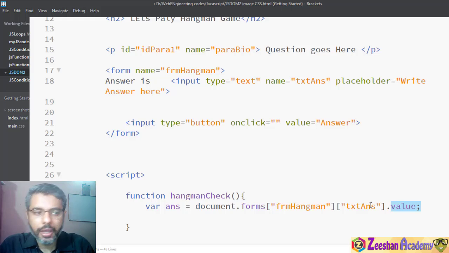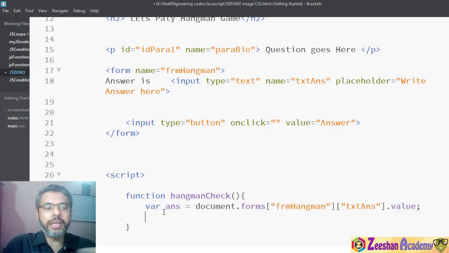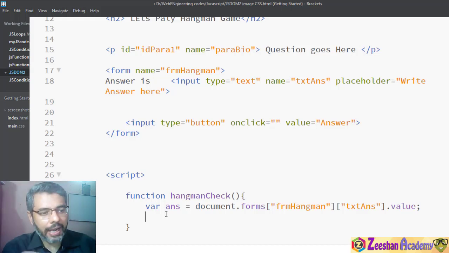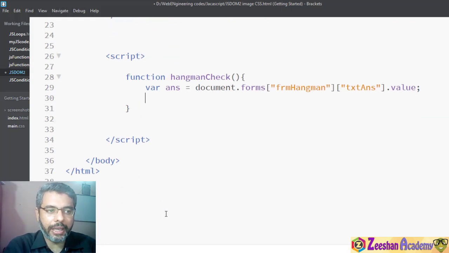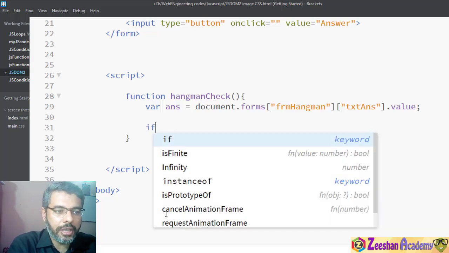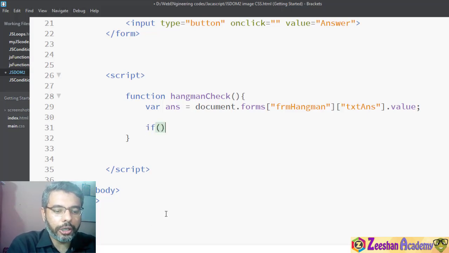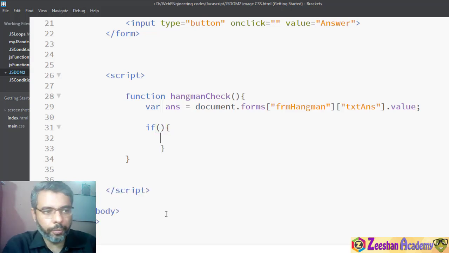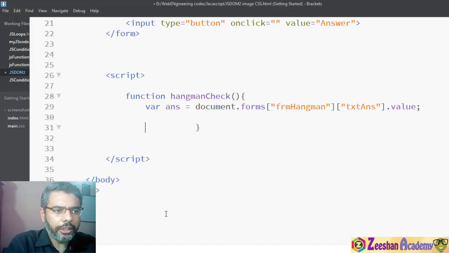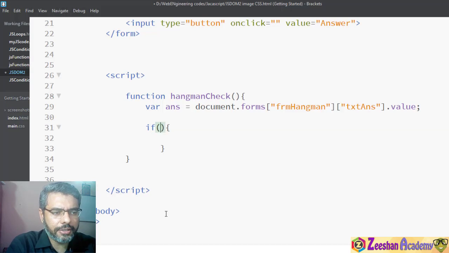So whatever value we give would be saved inside this variable, and now we can process this variable and do whatever evaluation we want here. Like I said, I won't be working majorly on the hangman game right now. My major concern is to check the condition and see if it's true or false, and then go inside the condition and change the image. So again, I'm not going into major conditions. What I can do for now is I just want to change the image. So let's use it here.